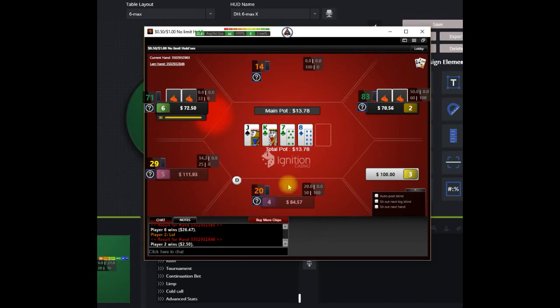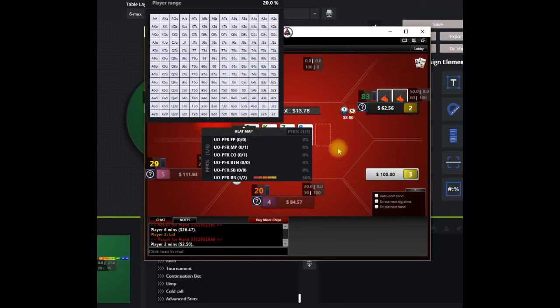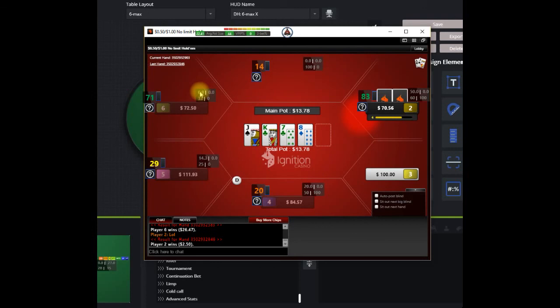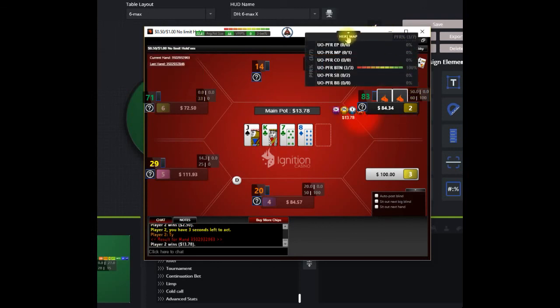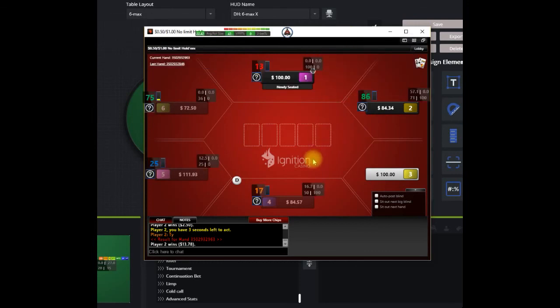But this will quickly give you an idea, and you can see what we created here with the pop-ups, the heat map stuff. That person doesn't have any hands yet. I don't think this person either does. Maybe they do. But anyways,